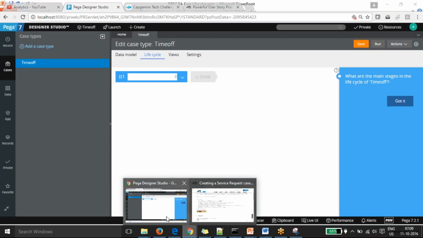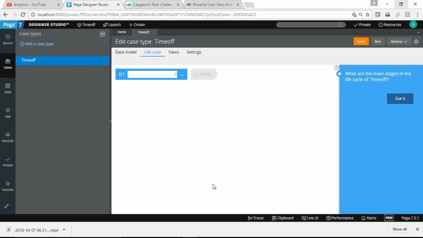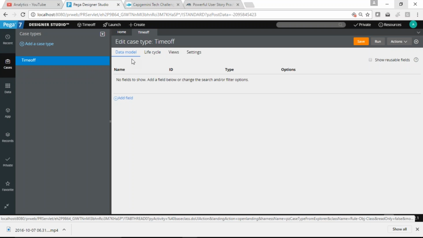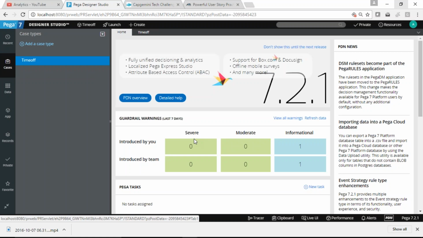If you see here, when you log in for the first time, it will show you the case as the first screen, and it will display the data model. Sorry, first, when you come after login, you can go to your case explorer. Click on the case explorer. It will show you all the cases involved in your application.